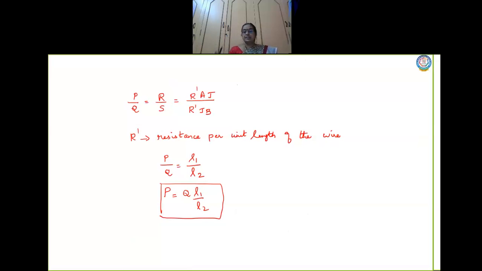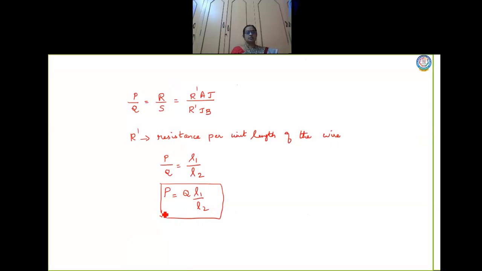Now you fix some known value of resistance, take the balancing length, then interchange the known and the unknown resistance. Again, for the same value of resistance, we take the balancing length and average it out, so that the error due to end resistance can be avoided. So this is the formula to find out the unknown resistance.